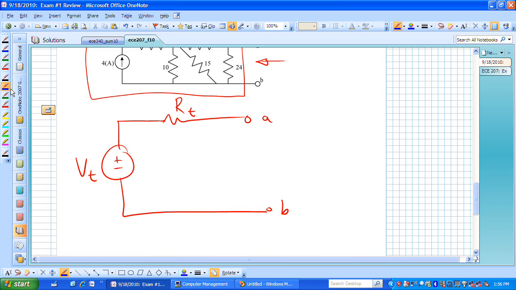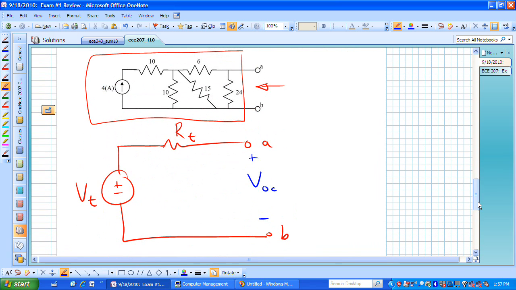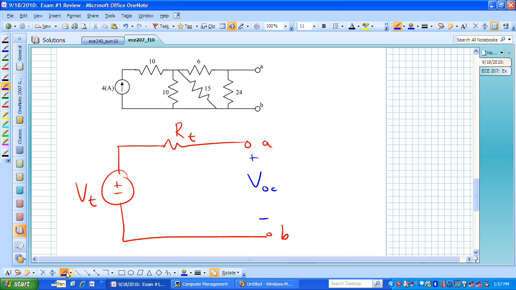We can start to find that because we now know a little bit about this circuit's characteristics. We know that V Thevenin is actually V open circuit, if we can compute the open circuit voltage between nodes A and B. There are many different ways that we could analyze this circuit, but just looking at this, if you need to find this open circuit voltage, then here's a node, and here's another node,